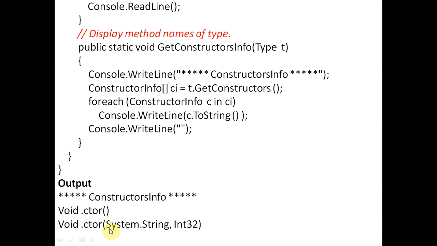So this way, we can design the program interface also. The program will be the same; we only have to change here. In place of ConstructorInfo, we have to write InterfaceInfo. Or suppose we are extracting properties, then we'll write PropertyInfo here and here also. Accordingly the program will change, but the structure of the program will be the same. So the same program will be used again and again.